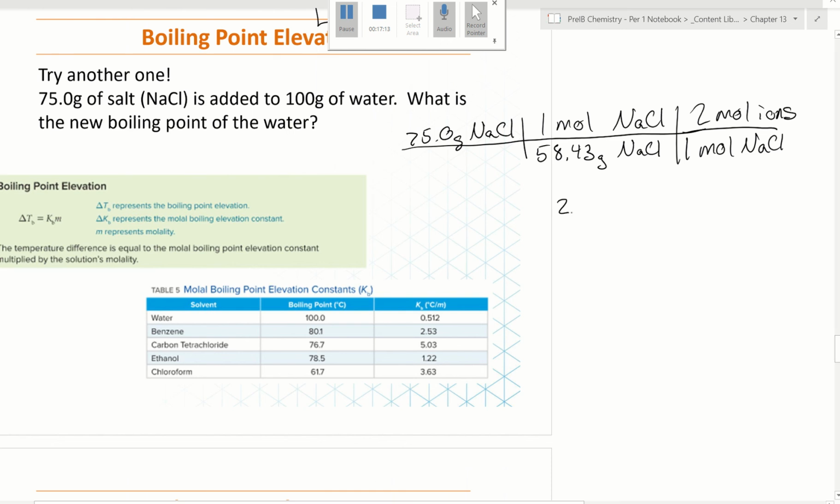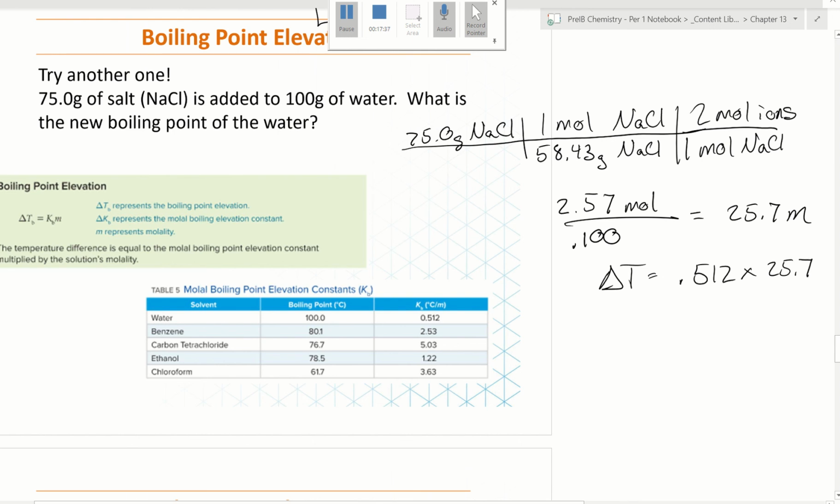And so I get 2.57 moles divided by 0.100, and that gives me 25.7 molal. So now I'm going to say delta T is equal to 0.512 times 25.7,